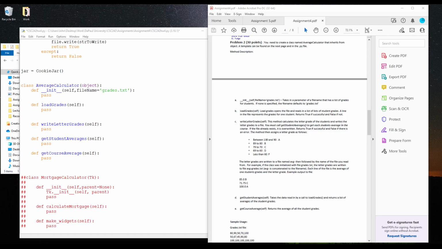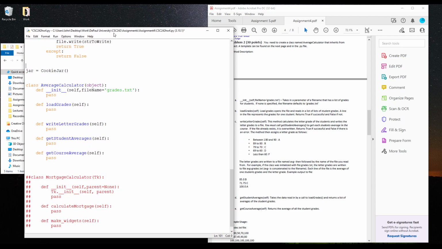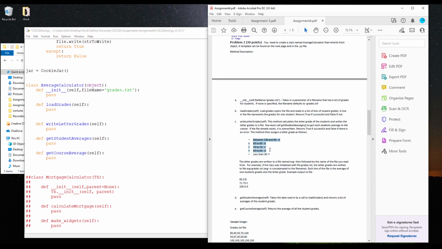Hi everyone, welcome. What we are going to do in our next iteration, the next problem, is the average grade calculator. So what we're going to do is load in grades from a TXT file, determine what the average from all those grades is, and then write it out to a file that we can